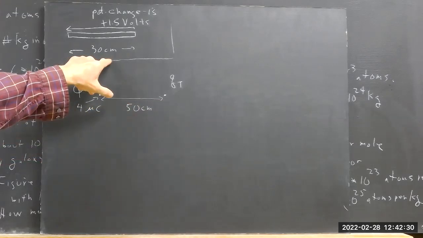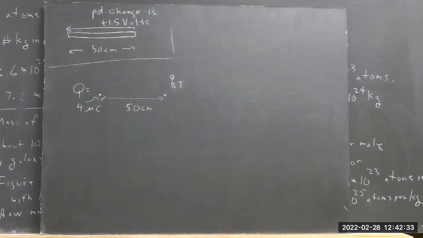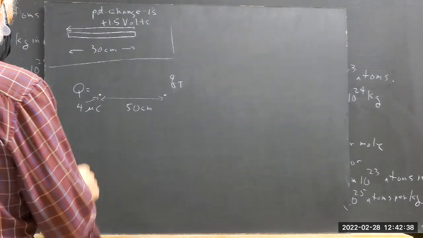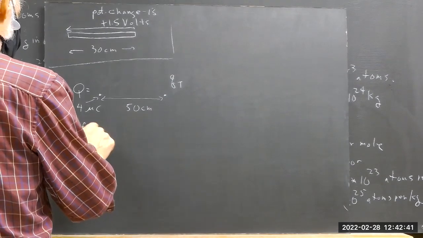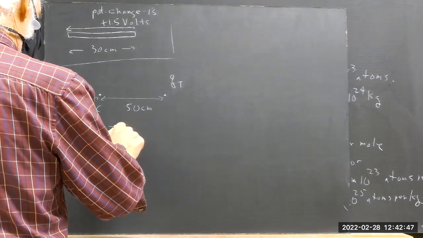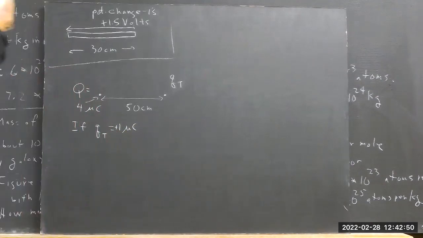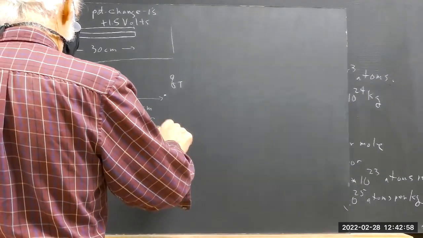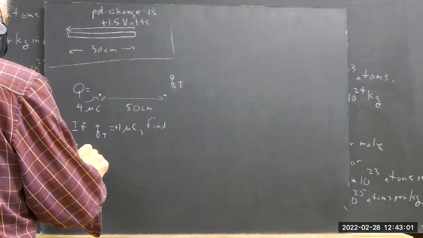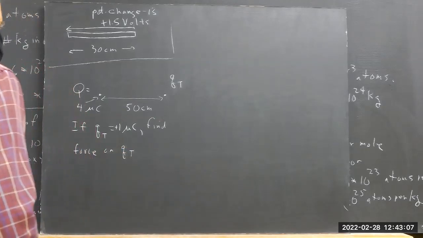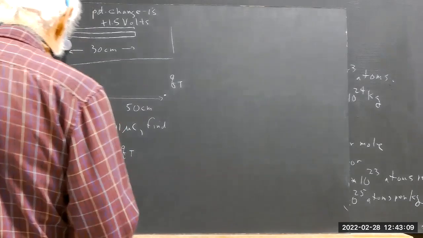In other words, 50 centimeters here has nothing to do with 3 centimeters here. It's just what we're going to say here. Okay, so if Q sub T equals plus 1 microcoulomb, find the force on Q_T and the work